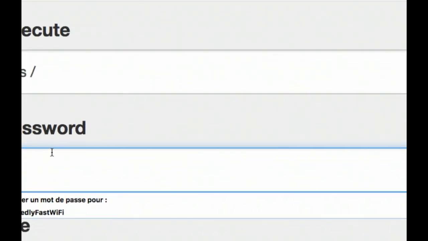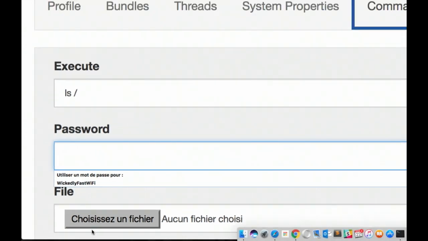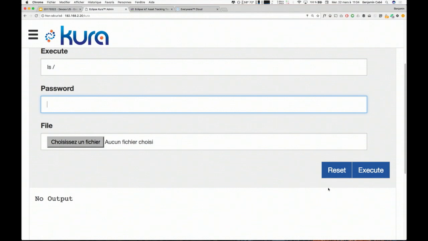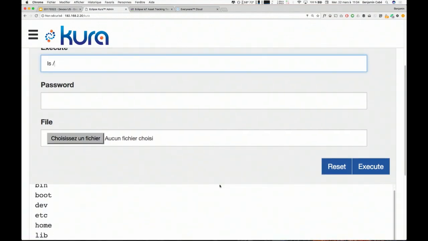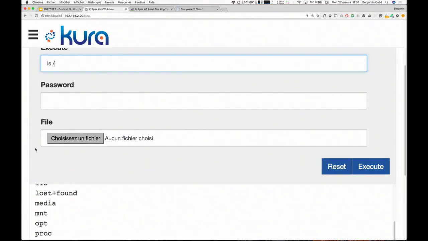So let's execute a command. No matter what the underlying OS is, I have a consistent way to do troubleshooting, mostly. So that's the contents of my file system, it seems. And what else? Well, that's what Cora will do out of the box.